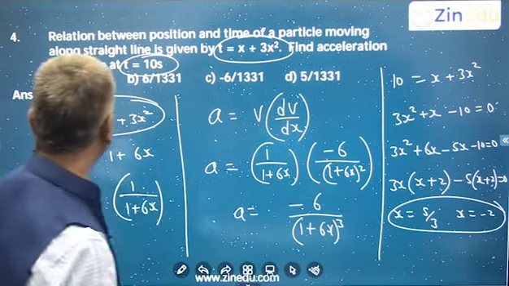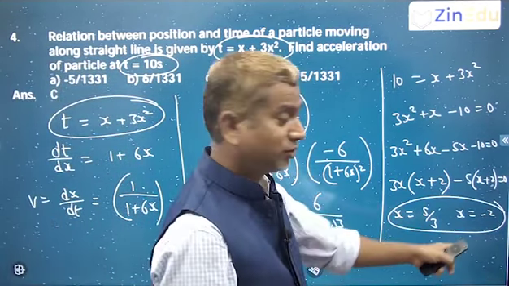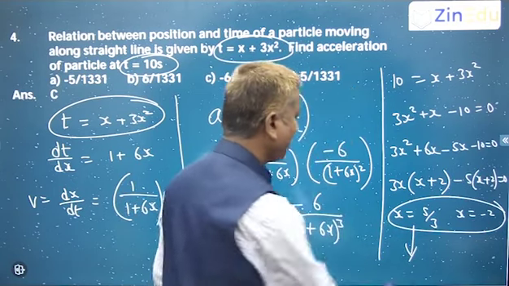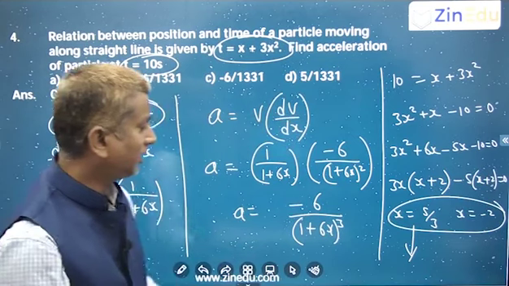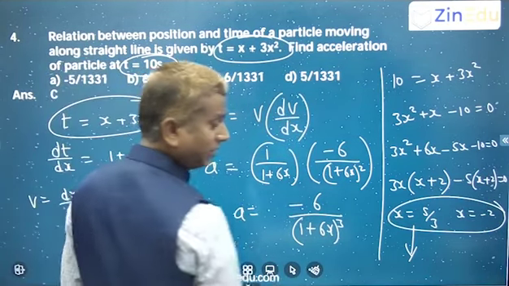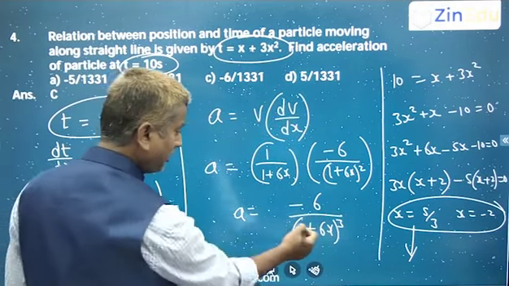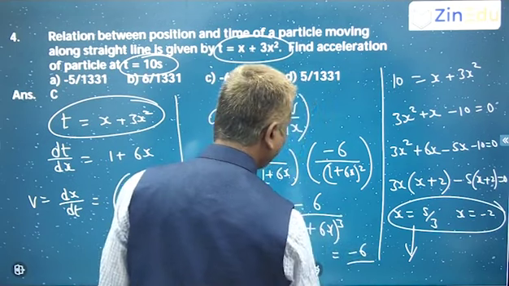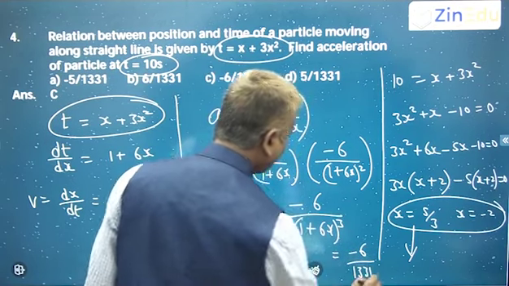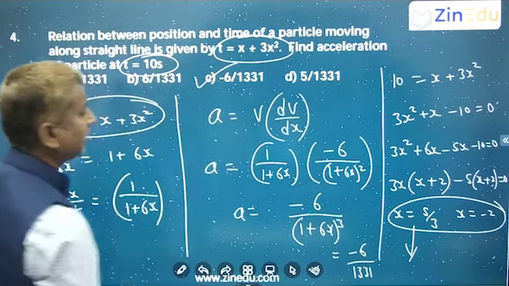Actually at t is equal to 0, x is 0. So it starts not at x equal to minus 2. So this is only your x value, 5 by 3. So you substitute the value of x as 5 by 3 here and then get the result. So if you substitute 5 by 3 here, 10 plus 1, 11 cube. So you'll get a minus 6 by 11 cube, 1331. Minus 6 by 1331 will be the answer.